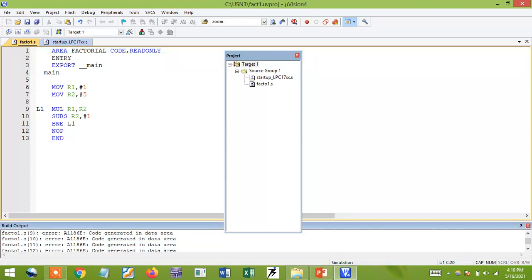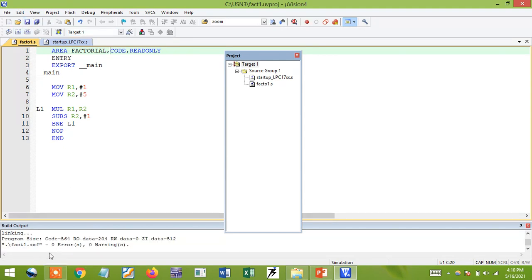So what is the mistake? You can see here, I gave factorial space code. Actually, I need to give one comma here. So factorial comma code read only. Now you say build target. Yeah, zero errors and zero warnings. Clear.